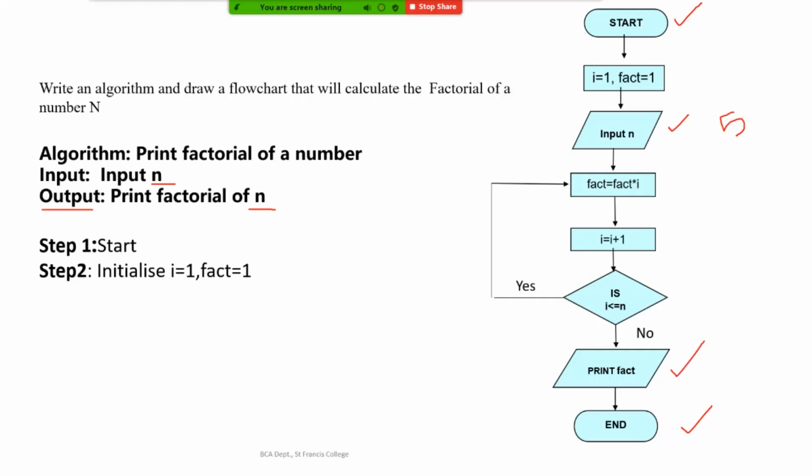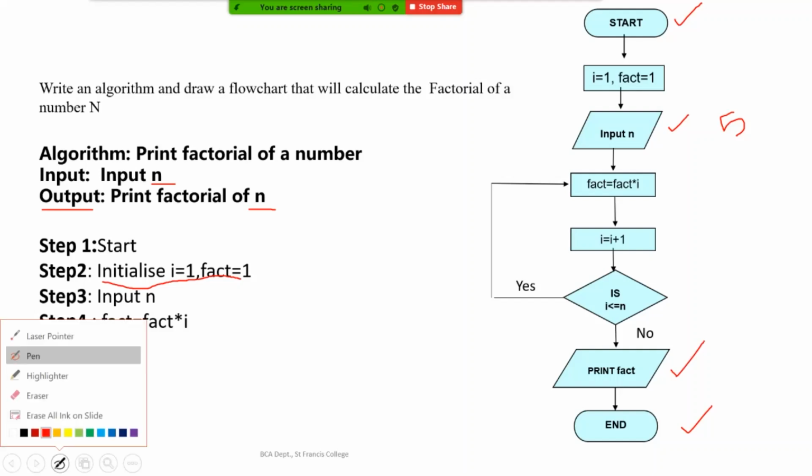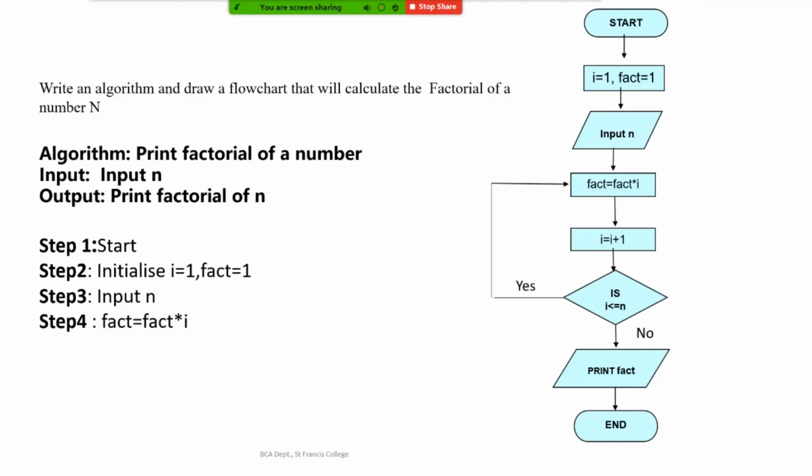So here we have the step: initialize the I value and the fact variable. And then we ask the user to enter a number. Why are we using variables? Because we are writing an algorithm which will work for all the numbers we enter in order to find the factorial. So we are accepting whatever number in a variable n. I cannot write an algorithm with input 9, because I should generalize the program to accept any number. So we are using the variable.